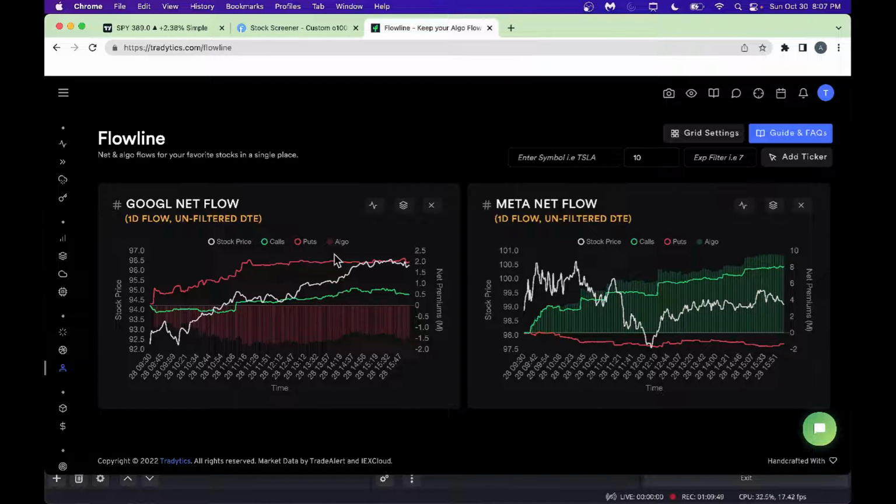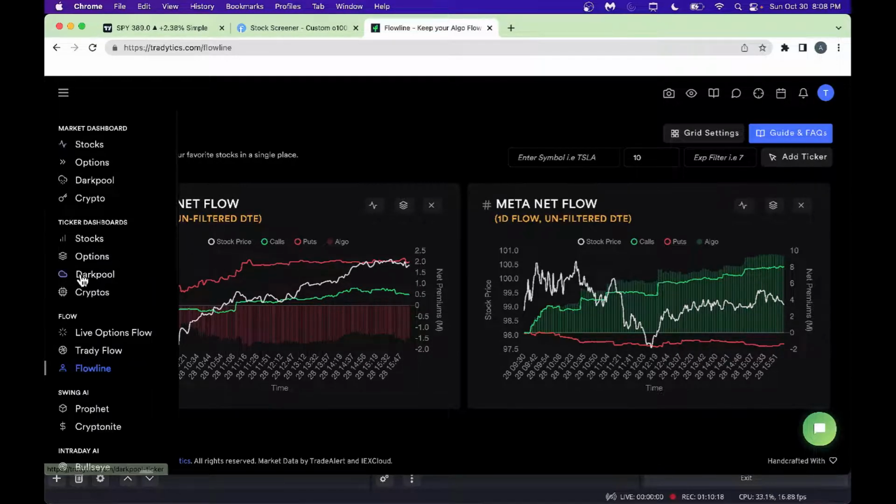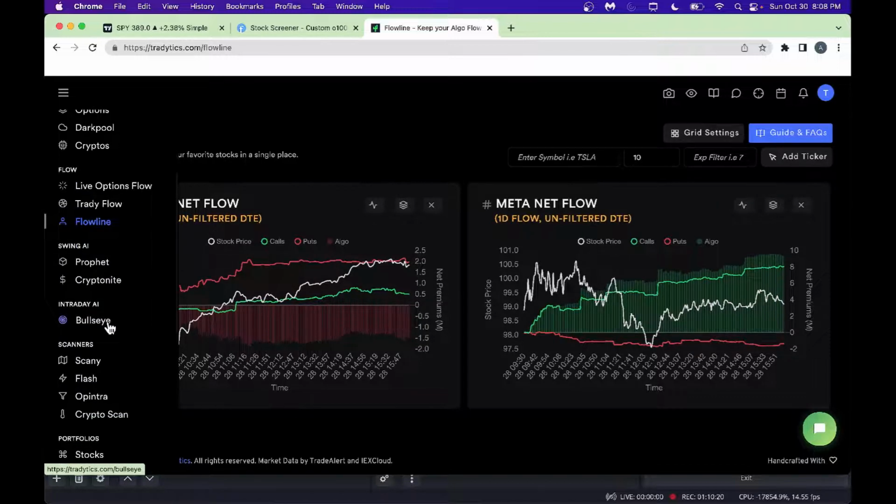And look, in case of Google, looks like premium Google price is going higher, as you can see here, and the green line, calls, is going lower, puts is going higher. A little bit bearish sentiment in Google, whereas Meta is a little more bullish at this time. That's about the flow line here. You can get some good idea, and you could look at various of your stocks and make some sense out of it by looking at the green line and the red line and predict where the stock might go. All right, now let's look at a few more things here and wrap it up.